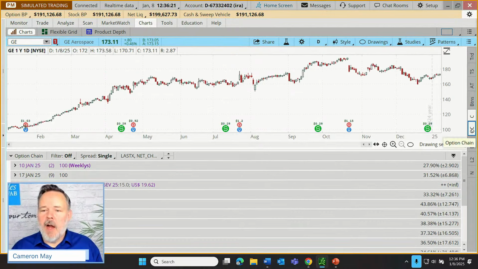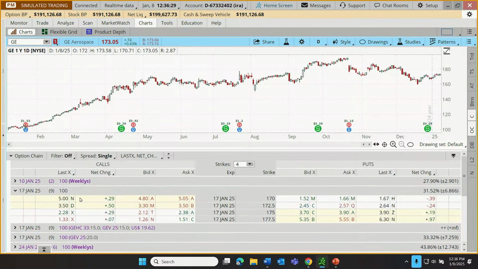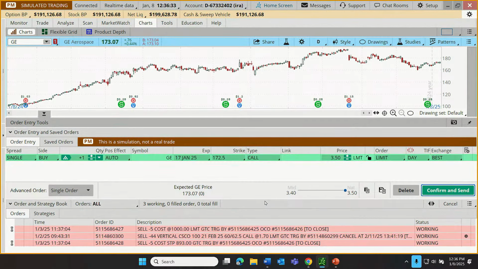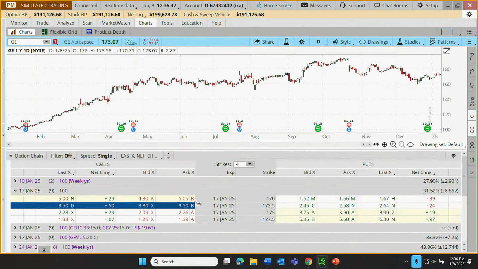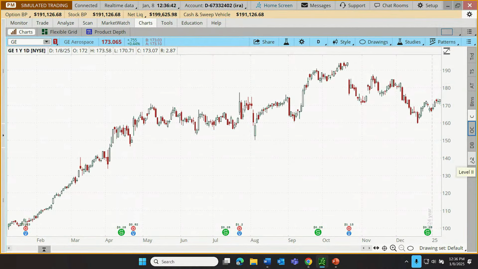Then we have our option chain tool for our options traders, abbreviated to OC. It just brings up the option chain. For those of you who use the options chain, it functions just like the other one. And yes, we can place trades from that options chain. You can click on any strike price and load up an options trade. I'm just going to close that out.